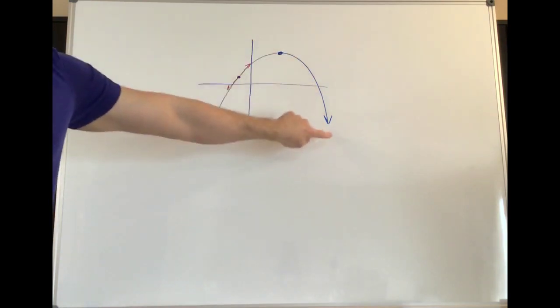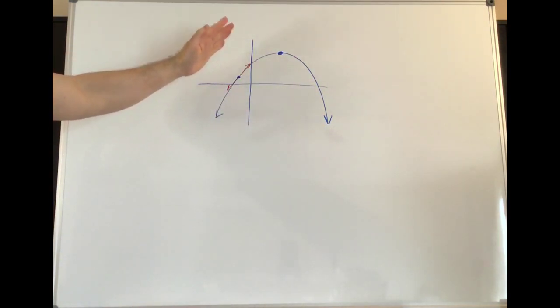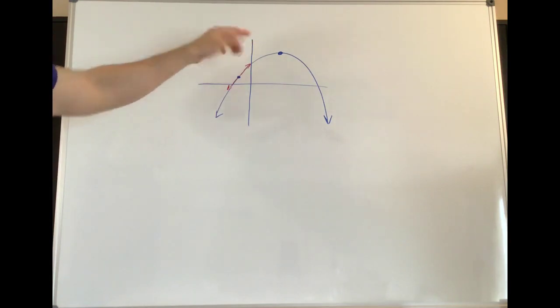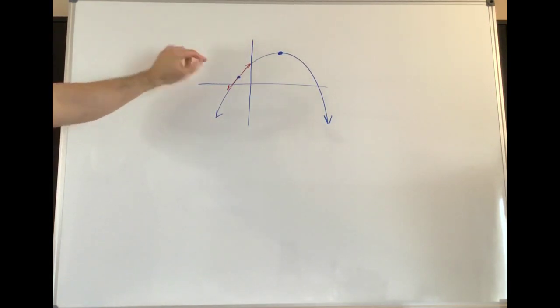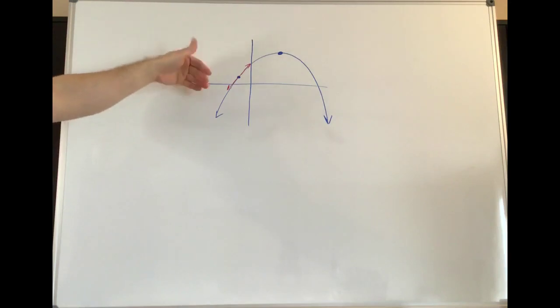You hit your high point, then you go down. The tangent line has a slope that is positive here. And if you were to make any other tangent line along where the graph is going up, the slopes will be positive. This is important. If the derivative, which gives you the slope, is positive,